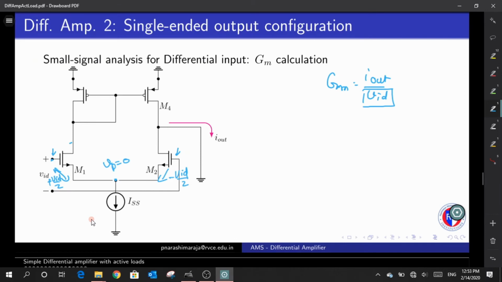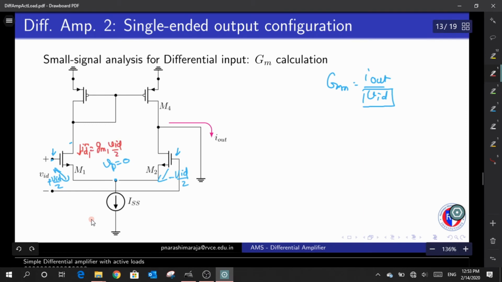But as far as this circuit is concerned, I'm going to assume my M1 W by L factor and M2 W by L factor are the same, due to which the VID will be equally split, and it's an antisymmetrical input, so I have a plus here and a minus here. Now, what is the current that flows through this drain of M1? It's a small signal. We are talking about small signal. So it will be equal to small ID1, and that value is GM1 times